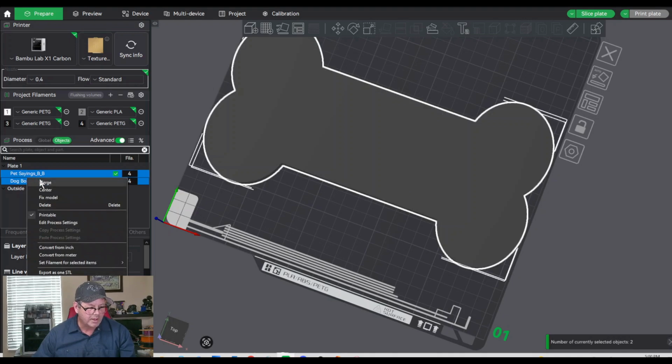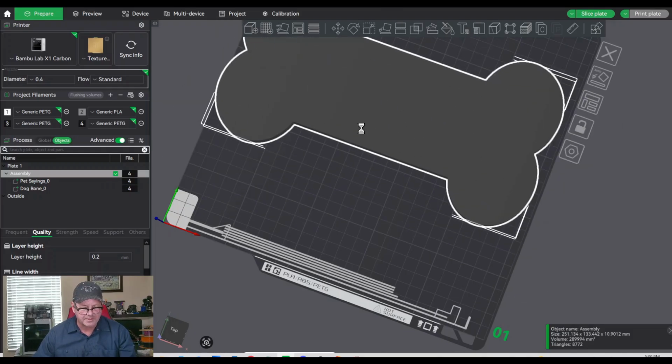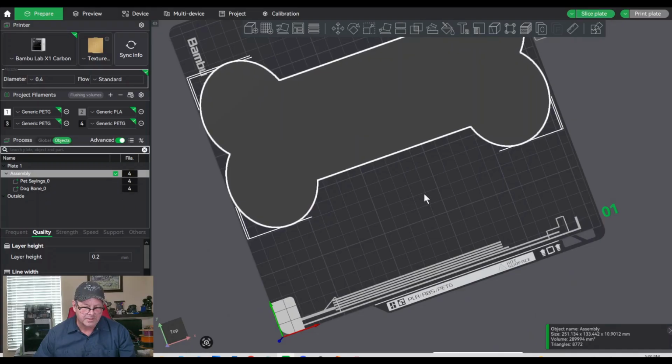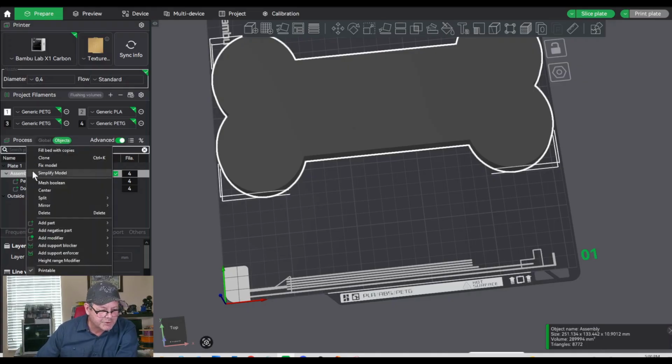Now the problem is if I click on these two over here in objects, if I put them as one, the problem is now they're both connected. But I need to get that lettering raised, so let's get it back on the plate, to the top of the surface. The way you're going to do that is when you hit merge,